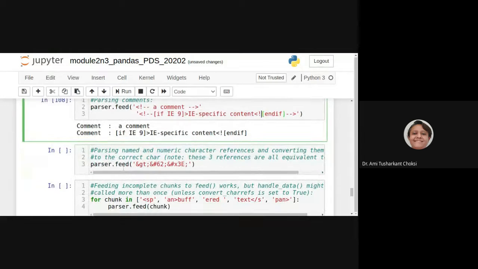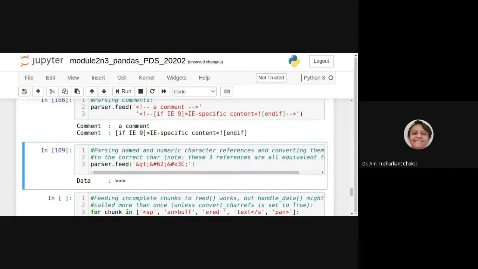Now if I give it this way, parser.feed, this and GT, then and this one, right? For that, what we can say is data is greater than, greater than, greater than. What is it? And GT is for the greater than symbol.